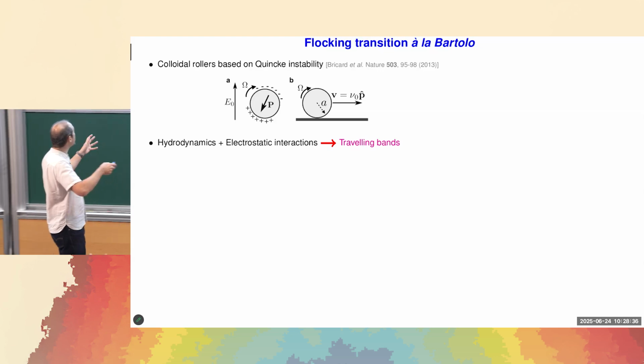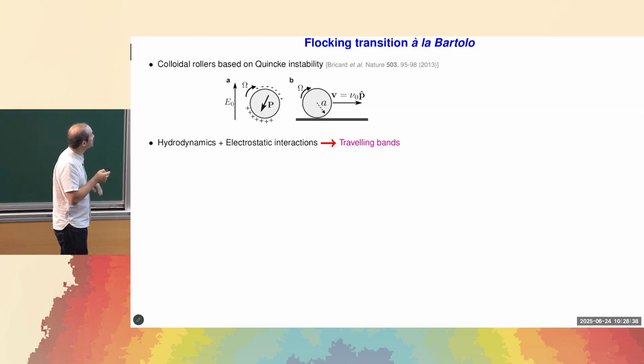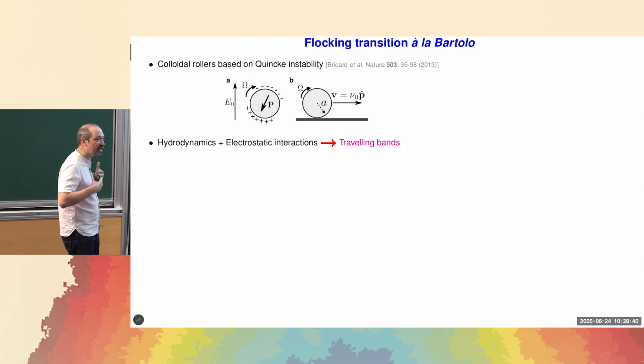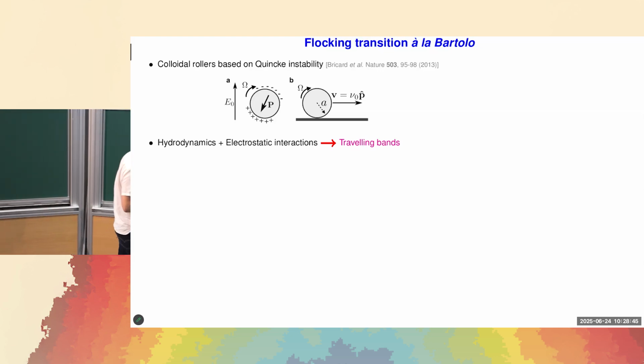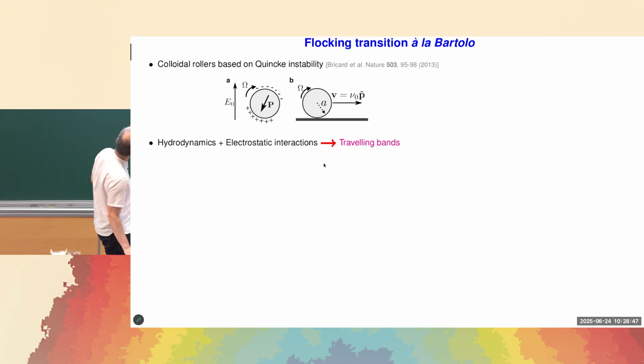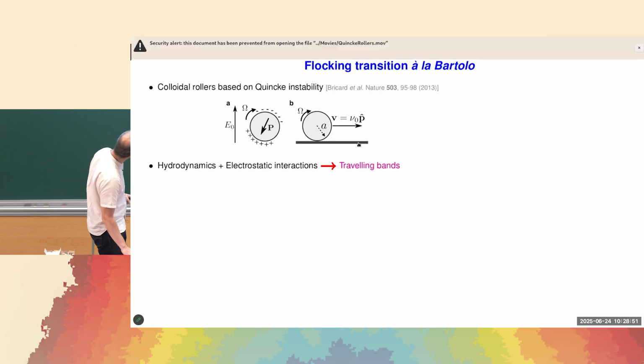Now, when they swim around, they're charged, so there are electrostatic interactions. They're carrying fluid with them, so there is hydrodynamic interaction. And the result is that you can observe the traveling band predicted by